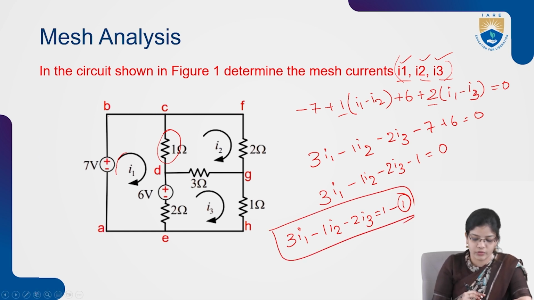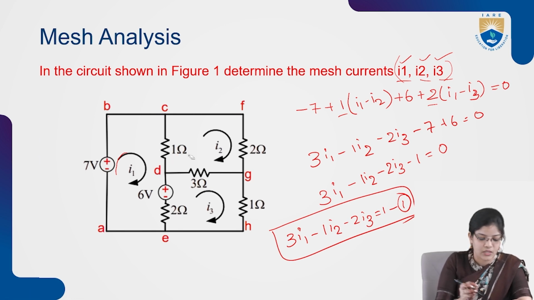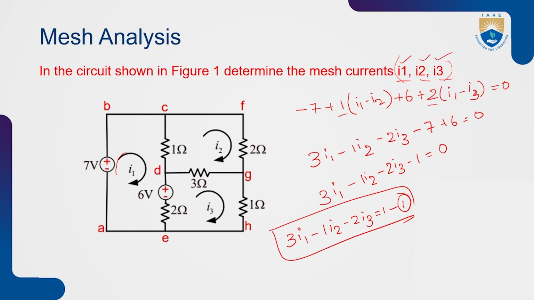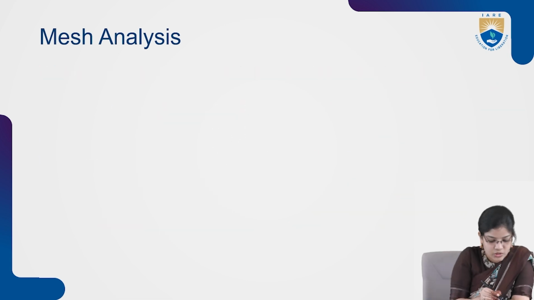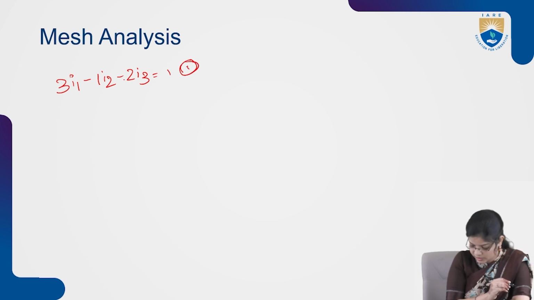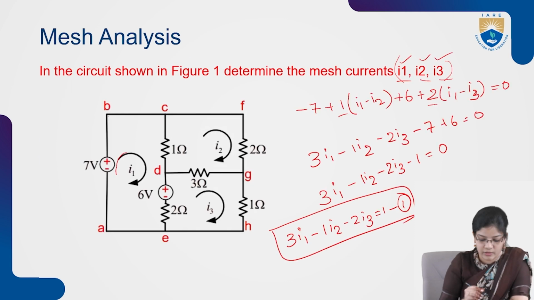Now we have to write the equation for the second mesh. The direction of the second mesh is also taken in the clockwise direction. First I am writing equation 1 here: 3 I1 minus 1 I2 minus 2 I3 equals 1. This will be equation 1. So the second equation for the circuit can be written as,